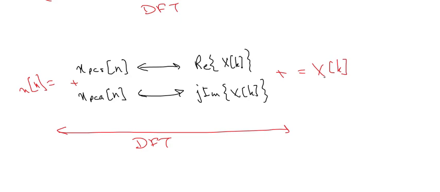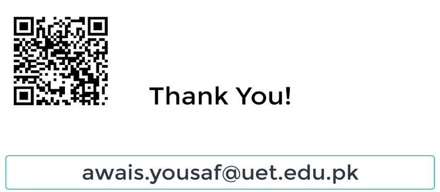Okay, this is the end of today's lecture. In today's lecture, we have discussed different properties of the discrete Fourier transform. We have seen the symmetry properties of discrete Fourier transforms. In the previous lecture, I defined the discrete Fourier transform, and in the next lecture, I will discuss how we can implement circular convolution and linear convolution using DFTs, and some new concepts we will study.